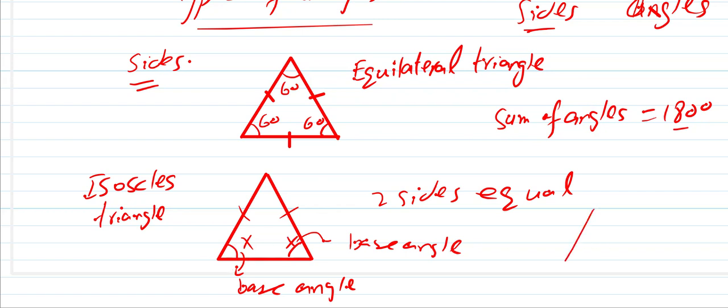For example, if these two sides are equal, then these angles will be the base angles, so these angles will be equal. And if, for example, these two sides are equal, then these are the base angles. Okay, these both will be the base angles. It depends on which two sides are equal. So base angles in an isosceles triangle are always equal. Okay,